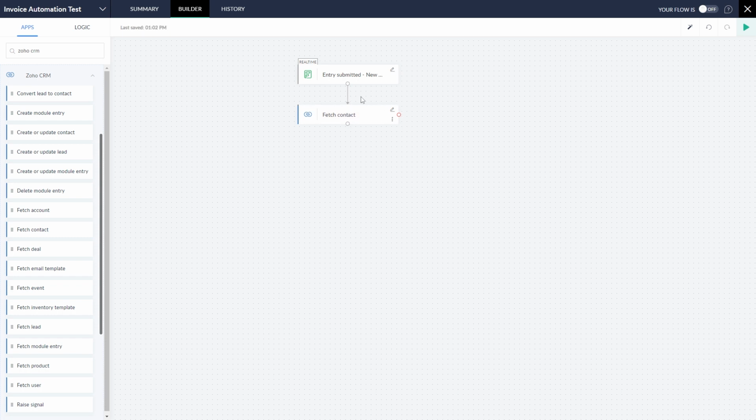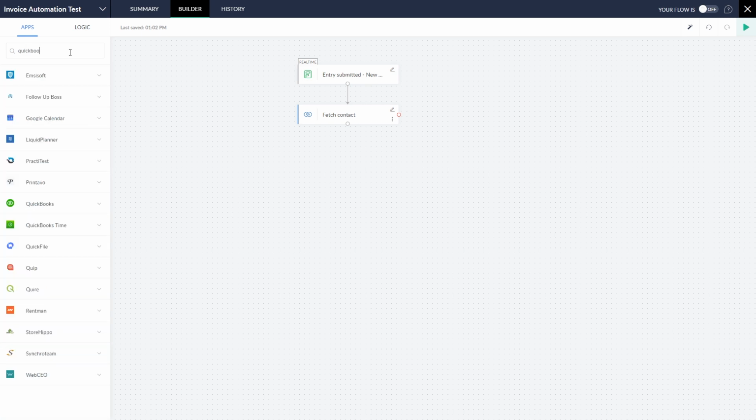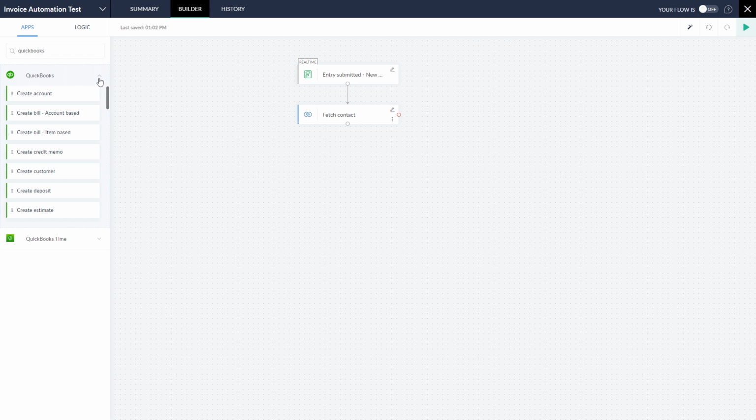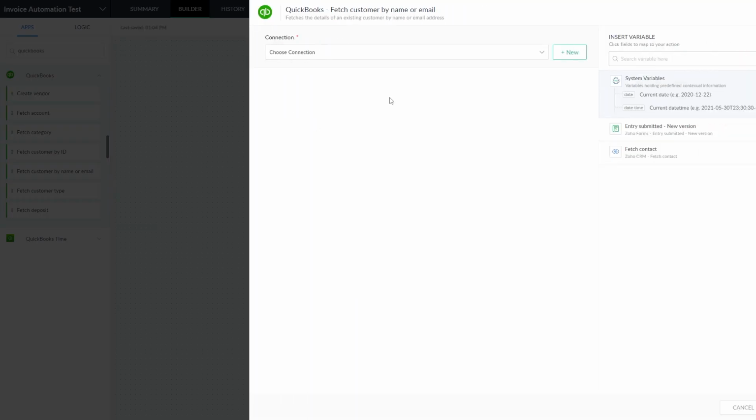So that's using the information submitted in the form to pull the entire contact record from the CRM. You could also pull the company record if you wanted to get information about that company. The next thing we need to do is check in our QuickBooks to see if this contact is already a customer in our QuickBooks application. Because if it's not, we're going to need to create a new one. So let's go to type in QuickBooks here. Select our dropdown and scroll down to fetch customer by name or email